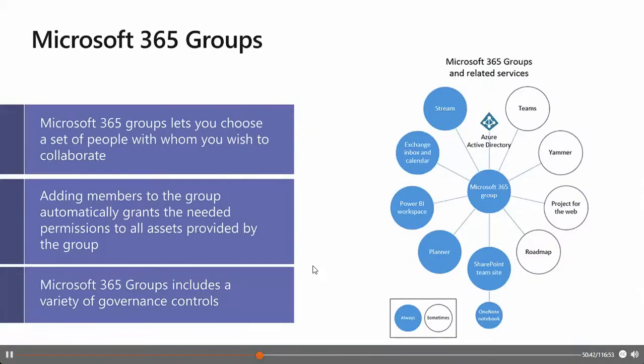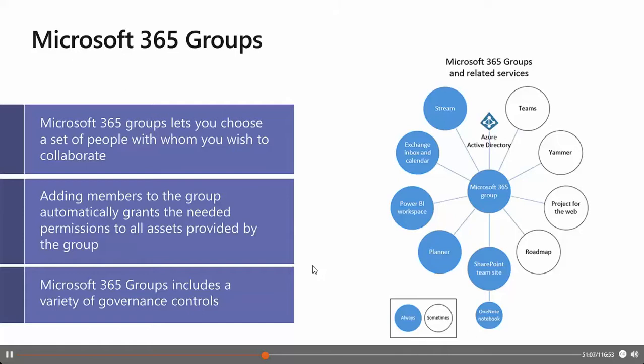Another very important topic in that field is that Microsoft 365 groups and Microsoft Teams have a great integration, and the basic platform for Microsoft Teams is Microsoft 365 groups. A Microsoft 365 group is a cross-application membership service in Microsoft 365.